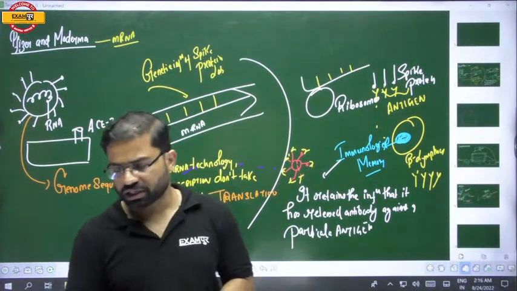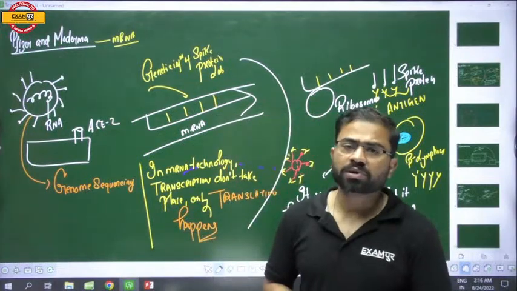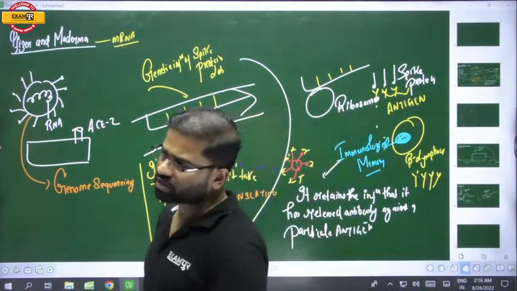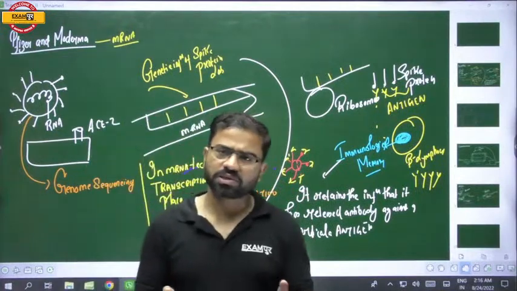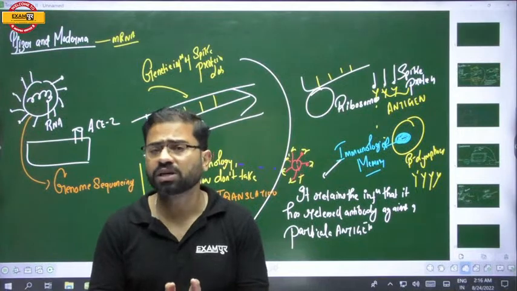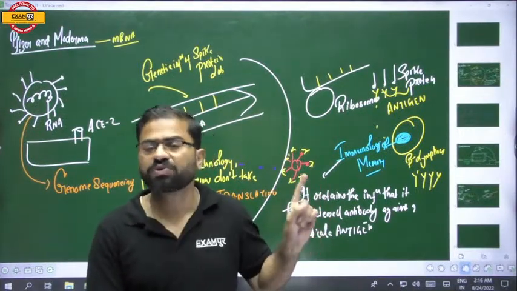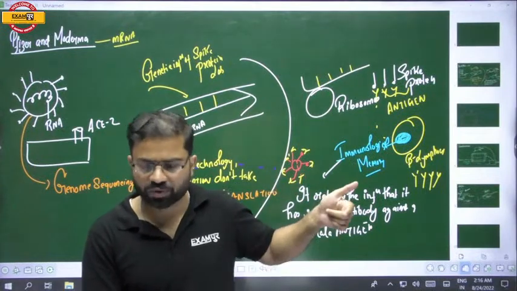And the other is your killed vaccine. In the other, we use an inactivated vaccine, where we use a killed version of the virus. In both of these, what we are doing basically is utilizing the virus. So for that purpose we have to go for the culturing of virus. Here you can see, we are not using any virus, rather we are utilizing the genetic information of the spike protein.